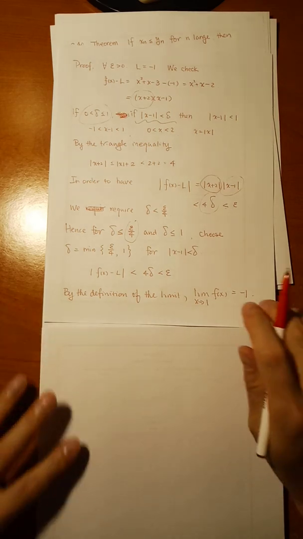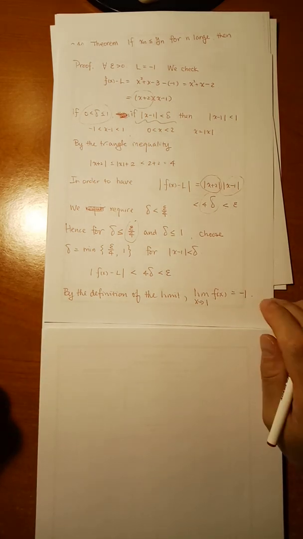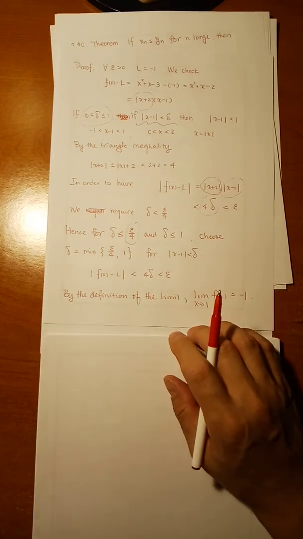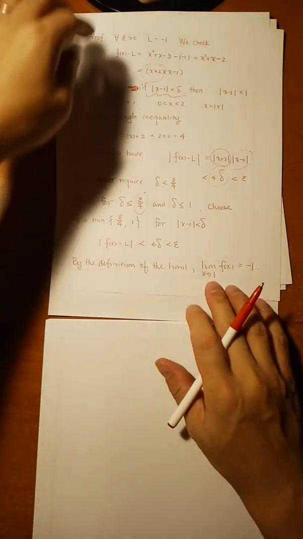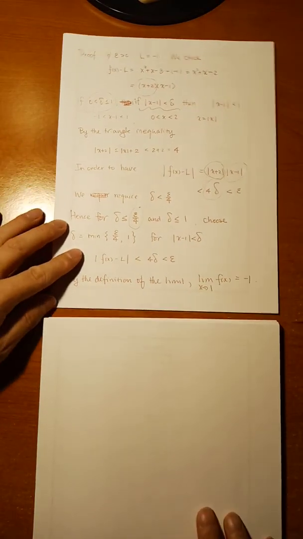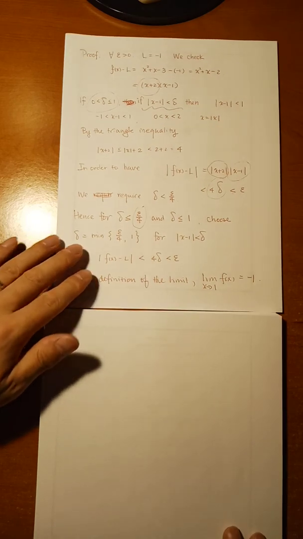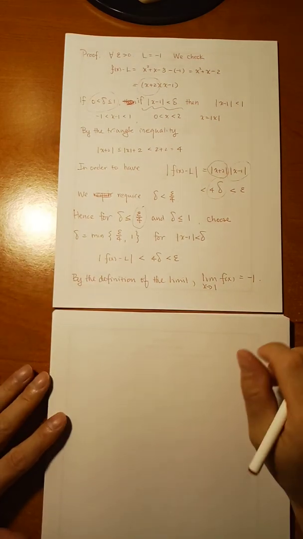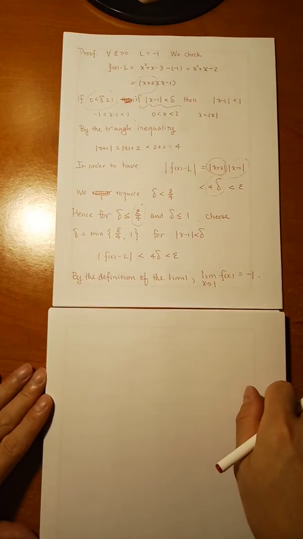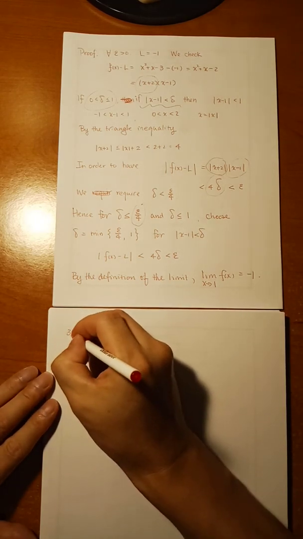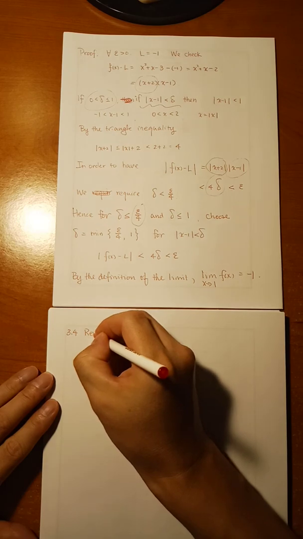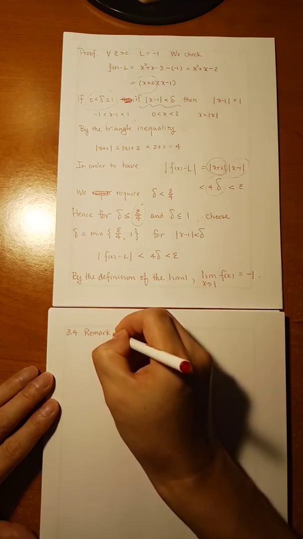Let's see. In the definition of the limit, we always say function f is defined everywhere in that open neighborhood I, except possibly at a. Except possibly at a. Which means we don't even care if the function is defined or not at a. So Remark 3.4 makes this even more clear.